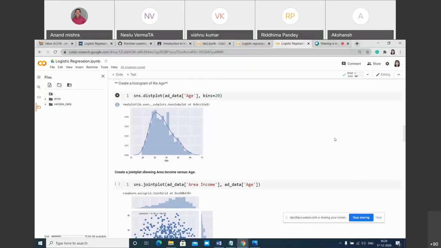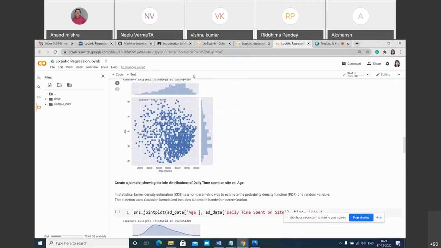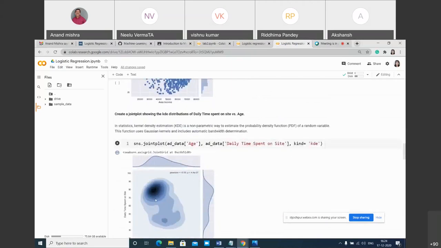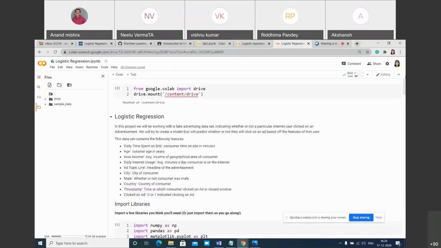Seaborn gives a lot of functionality. With a joint plot, you can join two different plots here, and you can also see these are two different plots. So this is just to tell you that Seaborn is also a plotting library.